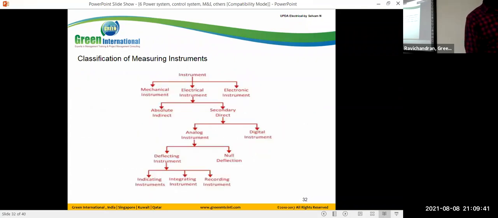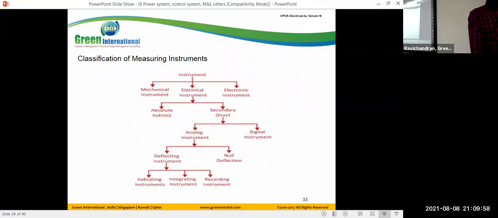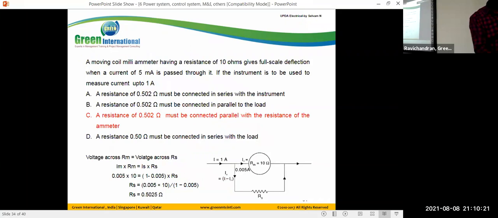So in the measurements, we have theory questions, we have the question bank, and we have problems. For the problems, there are 5 typical different methods, right? Earlier, 2 years before, we had some theoretical questions in the measurement topic, like what is the difference between the MI meter, MC meter, and watt meters. But in the last 1 year I haven't seen any questions from these slides. That's why I removed the slides. But this question was in the exams.